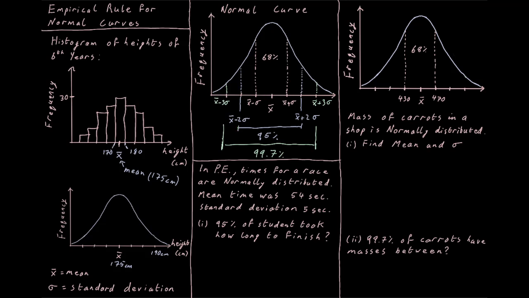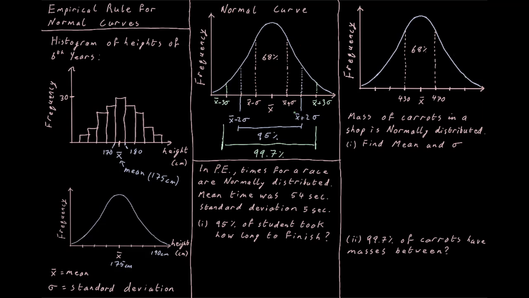And 95%, so almost all of a population, is going to be within 2 standard deviations of the mean, and very much almost everybody, 99.7% of a population, is going to be within 3 standard deviations of the mean. Now this is a little bit abstract at the moment, so we're going to put numbers to it now, but one of the things that's very useful about our normal curve is it allows us to describe